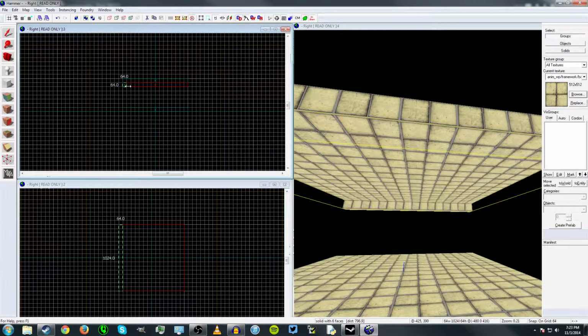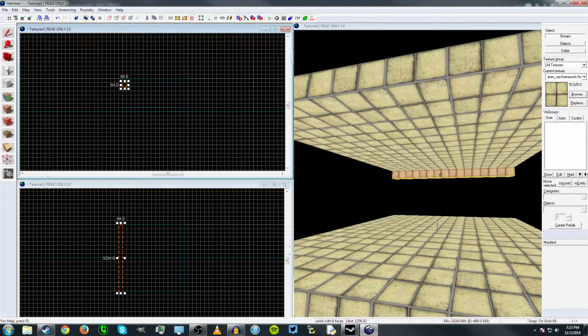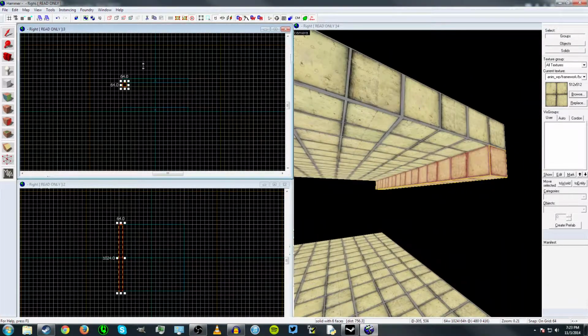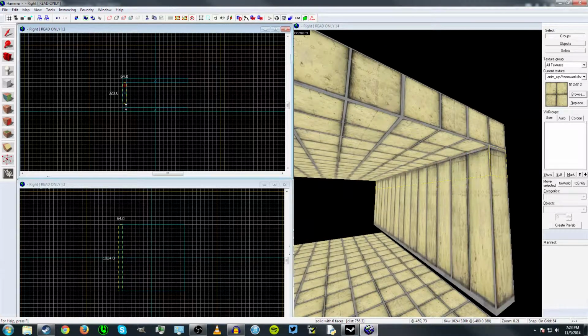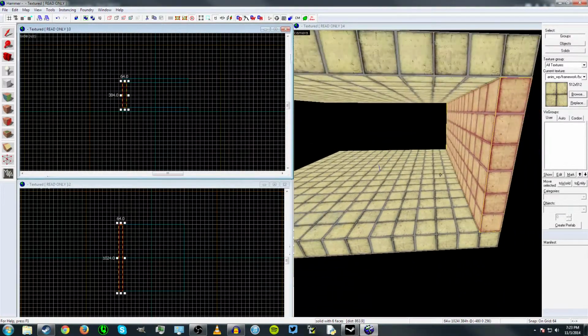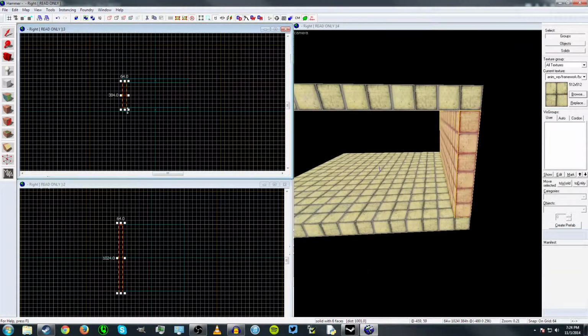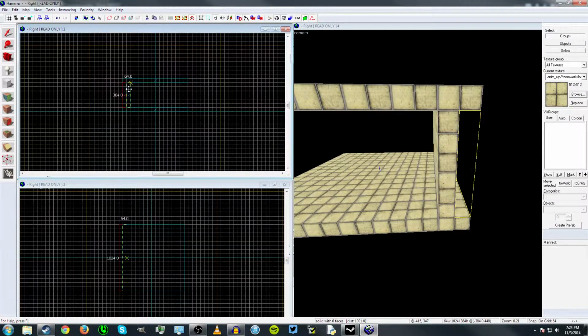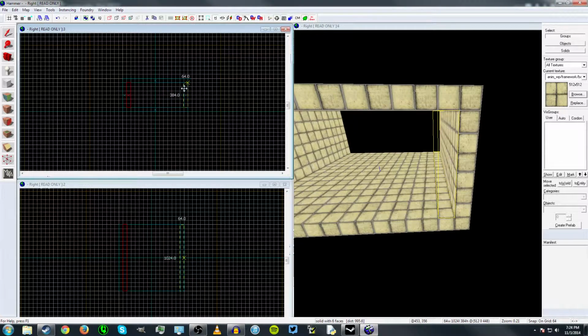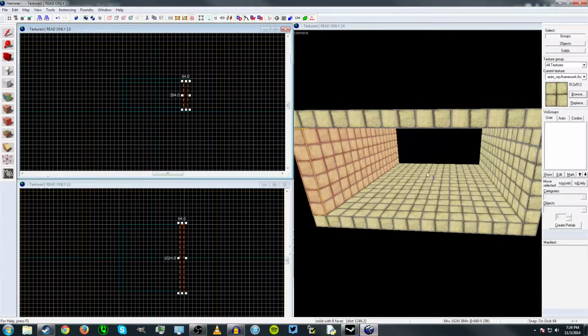And so I'm going to drag that over so that my brush is long and skinny. And then I'm going to click and drag down like that. So now I've got a wall. And then I'm going to do exactly what I just did to duplicate the brush. Hold down Shift, click, drag. Bam. Two walls. Now, to duplicate the brush again, I'm going to drop down here to my top window because